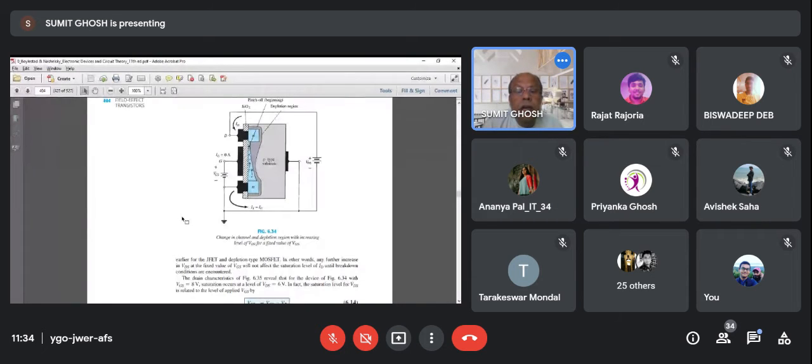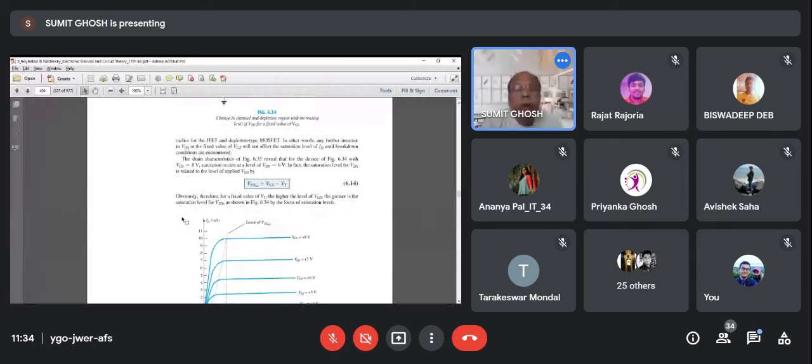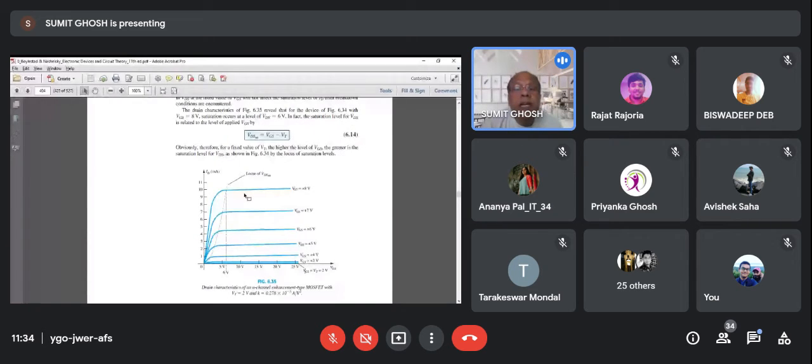এই যে এই কার্ভস গুলো, এটা আমি বলেছি VDSat কি, overdrive voltage. Any voltage of VGS above threshold voltage is called the overdrive voltage, and that is called the VDSat. Here the threshold voltage is taken as 2 volts. So all these voltages, if you subtract 2 volts, you will get VDSat. Yes or no?